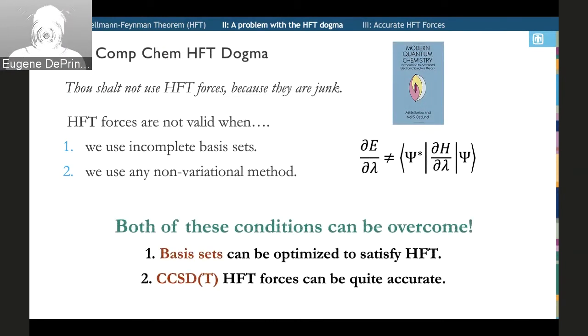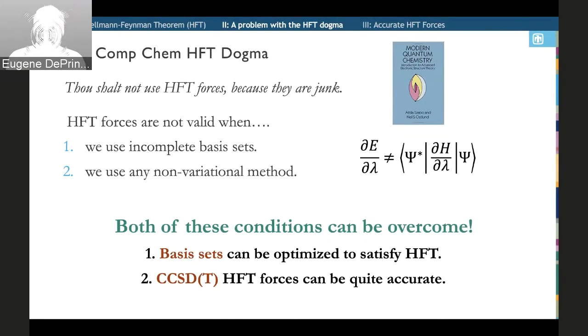What I'd like to show you are 2 little shreds of evidence, 2 little pieces that show that I think that both of these conditions actually can be overcome. So first, I'll show you that we can develop basis sets that can be optimized to satisfy the Hellmann-Feynman theorem, and then show you a really cool result, which is that you can get coupled cluster Hellmann-Feynman theorem forces that